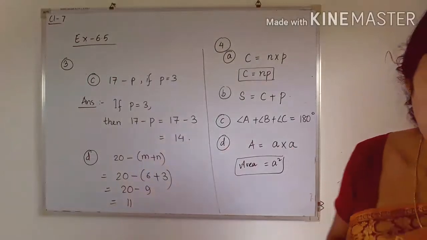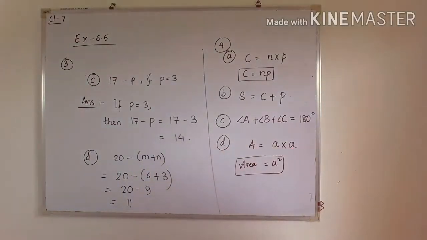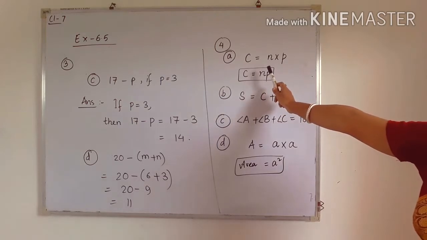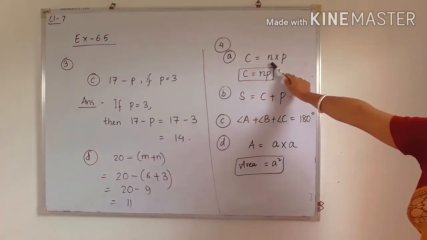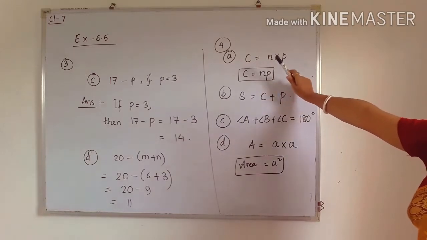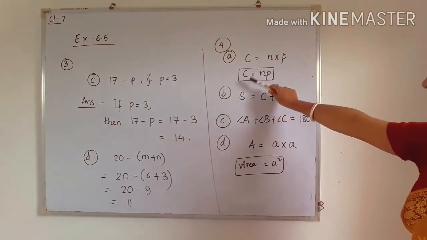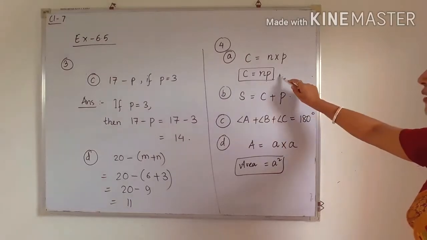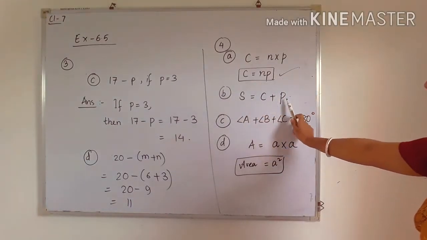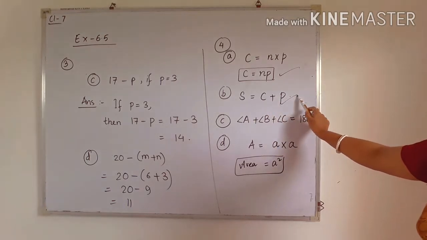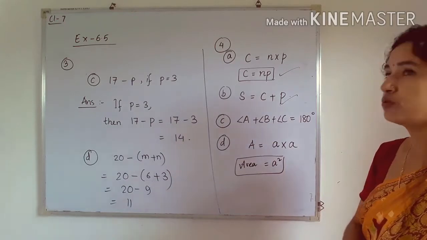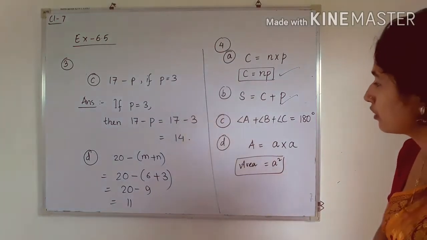So in question number 4 it is given in number A that cost of number of books, that is C, is equal to the product of the quantity of books and the price per book, that means N into P. Already it is given, so N into P means NP, so we can write C is equal to NP. Okay, similarly in B it is written that selling price S is equal to the addition of cost price and profit, so C plus P. Okay, so the alphabet which they are using, you have to use that alphabet only. You cannot use your own alphabet because it is written already in the question.